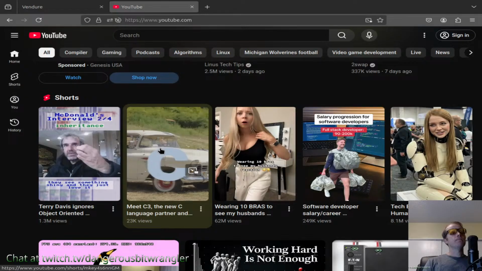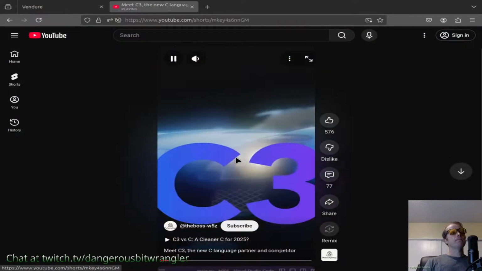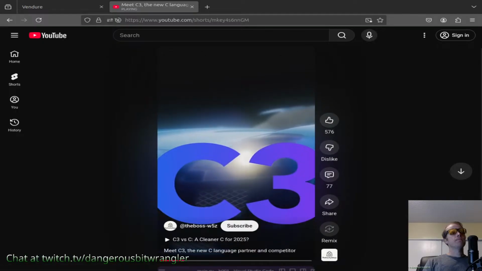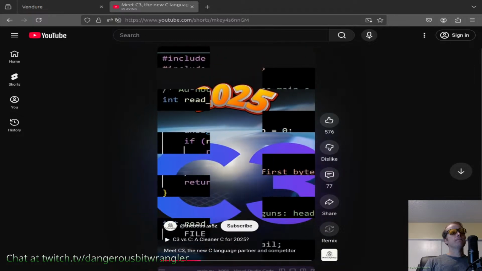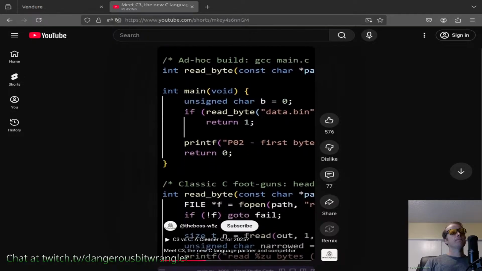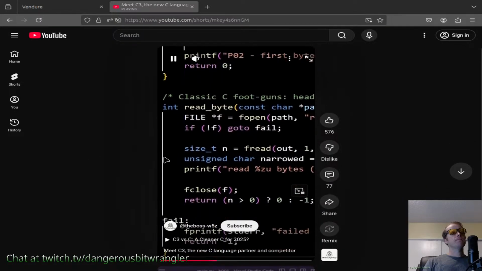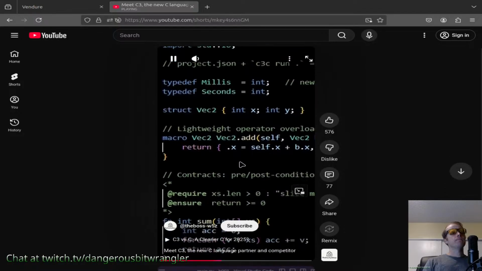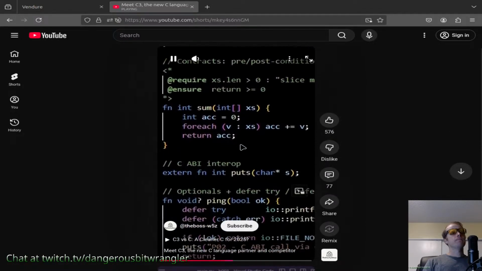Meet C3, the new C language partner. If C is the old reliable pickup, C3 is that same truck with power steering, ABS, and a backup camera. And it still runs on cheap gas. Is C3 a cleaner C for 2025, or just another detour on the road to modern systems programming? C is tiny, predictable, and everywhere. But some of its rough edges slow teams down. C3 keeps the C vibe, low ceremony, close to the metal, but trims the burrs and adds a few ergonomic